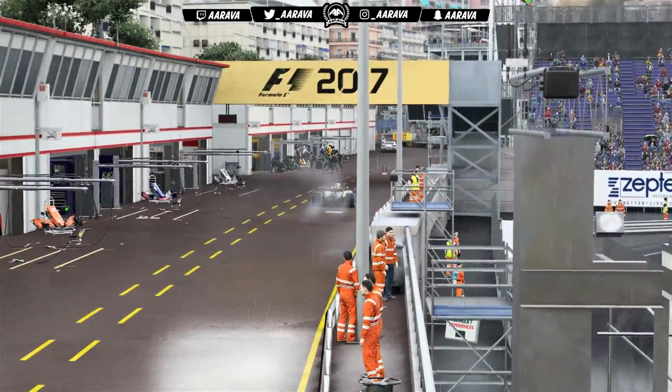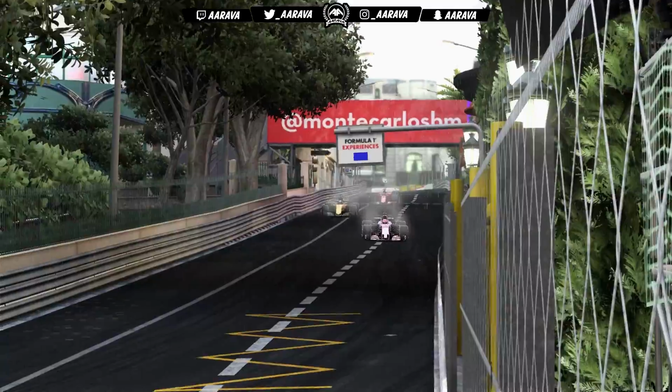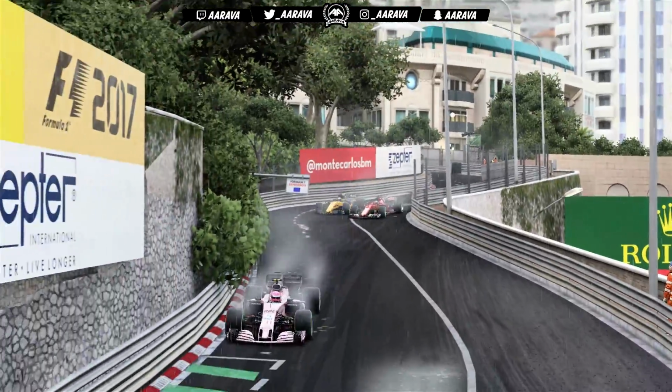Now he's had to come in for an extra pit stop to just change the front wing, so calamities for one of the Renault guys, as now Palmer and Ocon are being caught by Kimi Raikkonen, who's lapping them in this Grand Prix. Raikkonen around the outside of Mirabeau, and this is going to be a bit too close for comfort for Palmer,